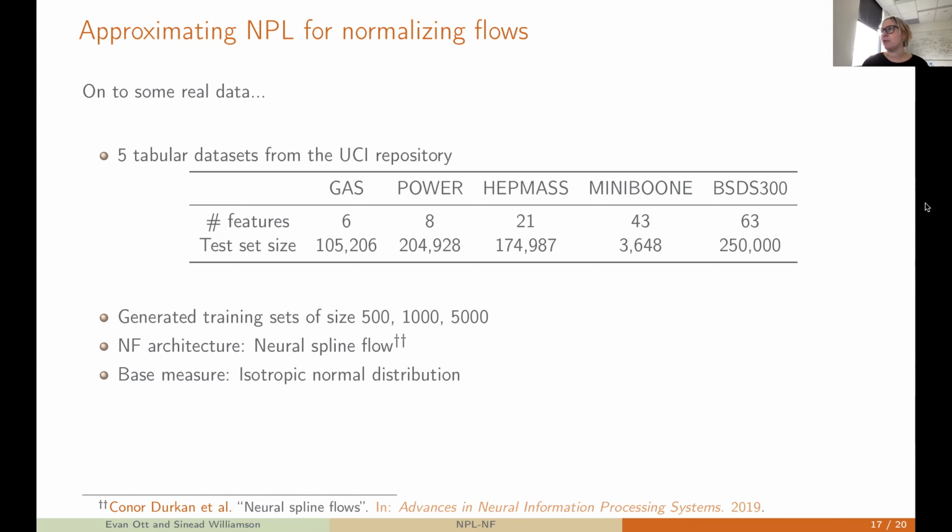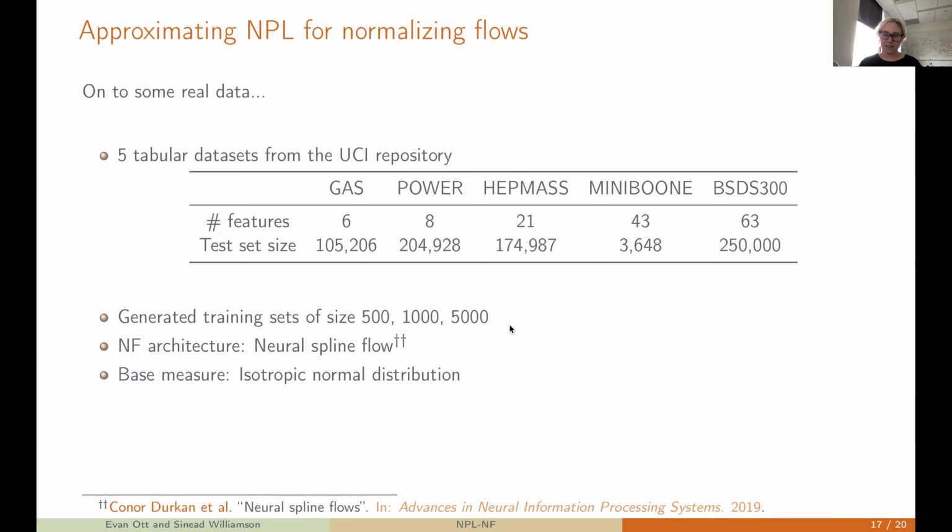So here's their number of features, various sizes, and the size of the test set that we're going to be evaluating on. They all have training sets that are about 5 times, I think, bigger than this. We're not going to use the whole training set because if you have thousands and thousands of data points, there's probably not much uncertainty left, right? The reason you want uncertainty is because you've got relatively few data points compared with your parameters. So you've got higher uncertainty. So what we're going to do is take the first 500, first 1,000, first 5,000 from these data sets